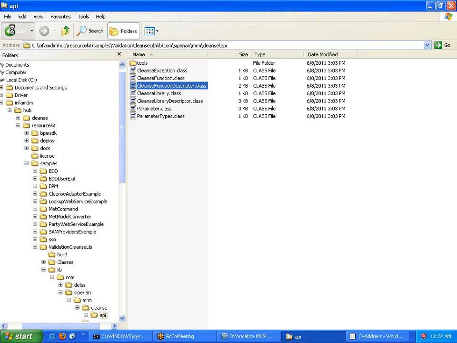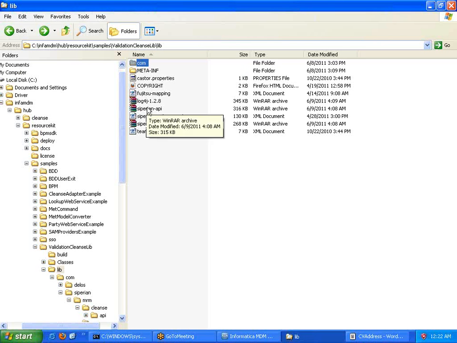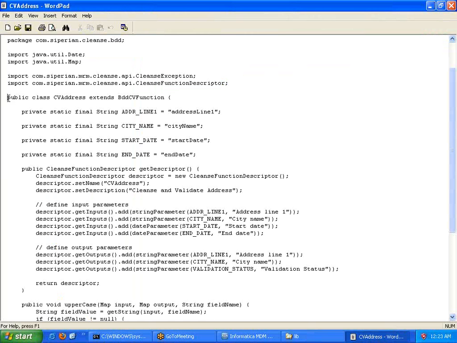That is why I was trying to say earlier that we need to make this particular jar file part of the class path. Yeah? And once we do that, we can get into building a new class, which is going to be the class that will be used to build our own functionality.